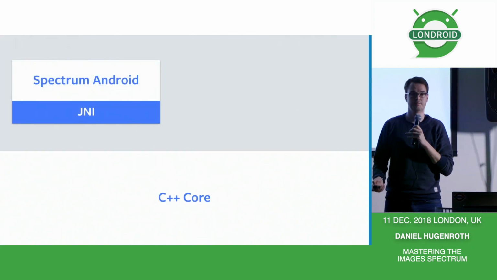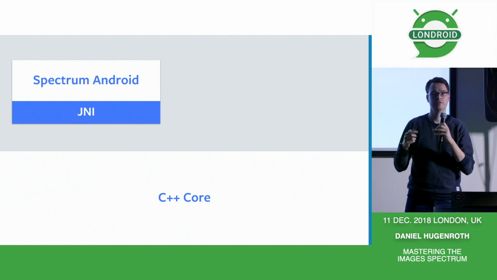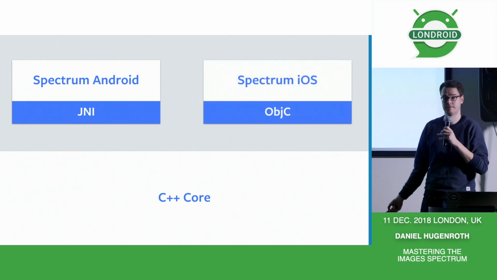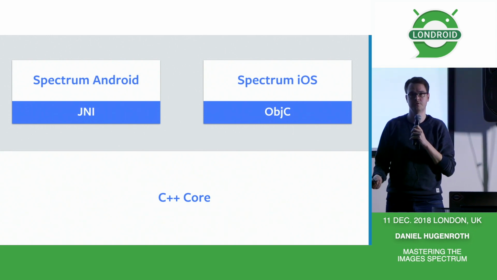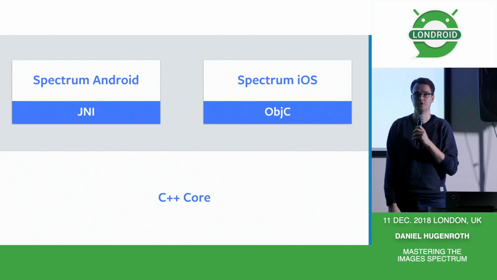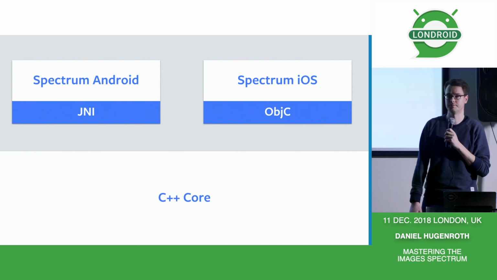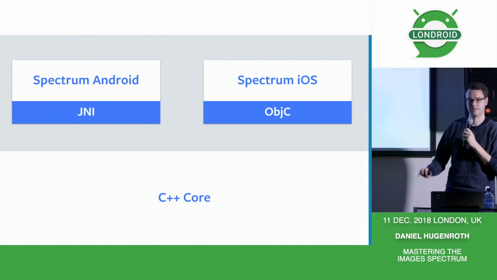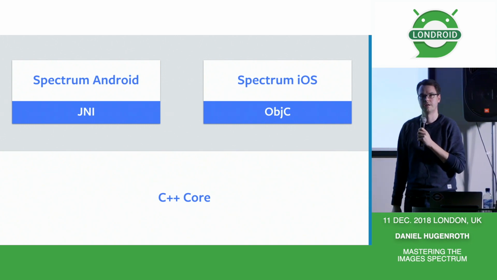This C++ core that has all the logic makes it very easy to give the Android API, the iOS API, but also allows it to be used in a pure C++ context or to add new layers and wrappers on top. For the rest of the talk, we're going to leave Spectrum a bit behind and talk about